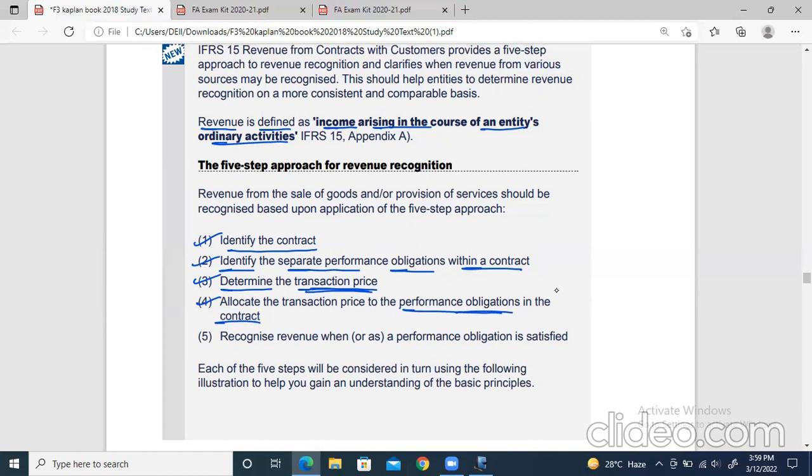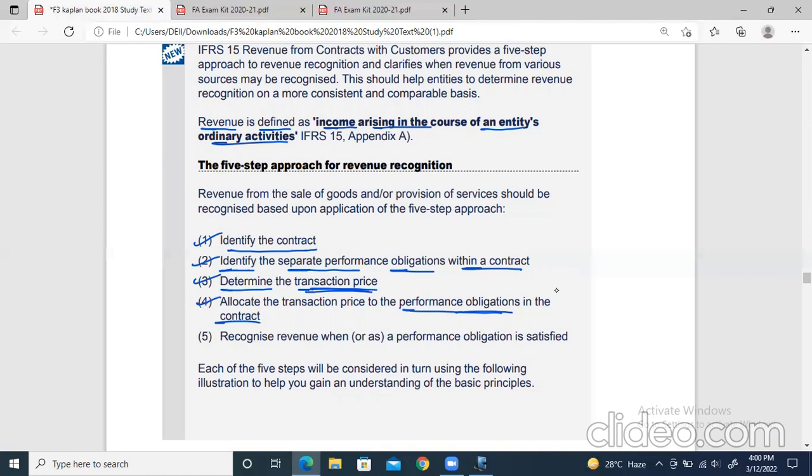Let's say you're buying a new laptop, right? And let's say the charger is included in that. Let's say you plan to buy an expensive headphone with that as well. So headphones are separate. Let's say you plan to buy speakers, and a tablet and a pen to write on the screen as well. So these are the different kinds of performance obligations that the company is selling to you and you are buying. So we need to allocate the transaction price to all those separate performance obligations, right?